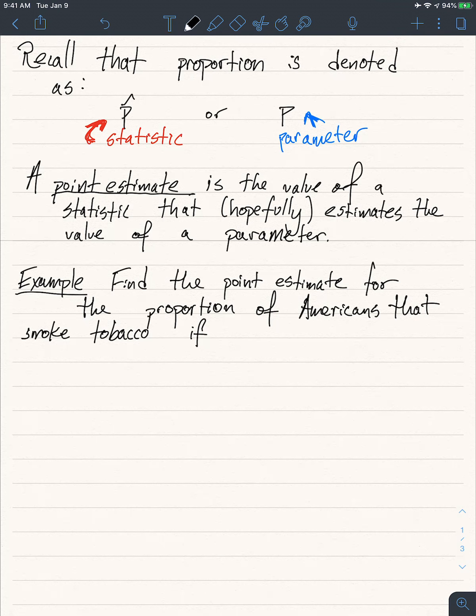If you find in a random sample of, let's keep it very simple, not too big, let's say 164 Americans,